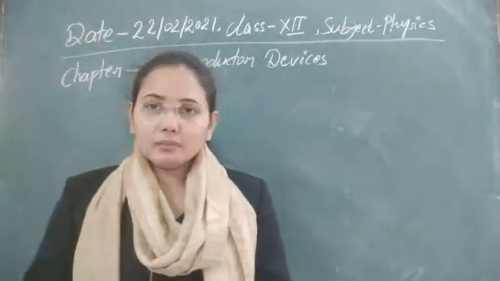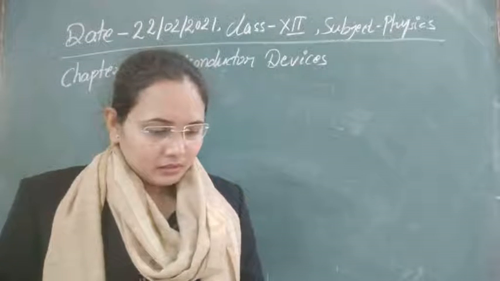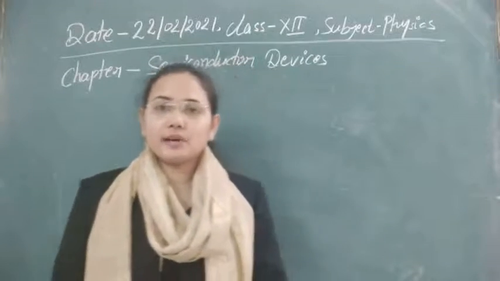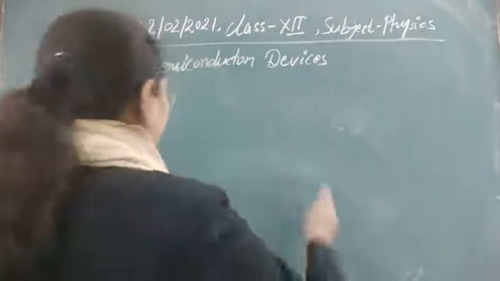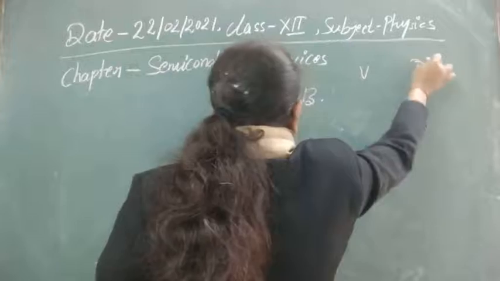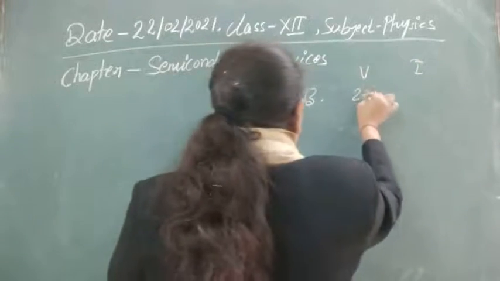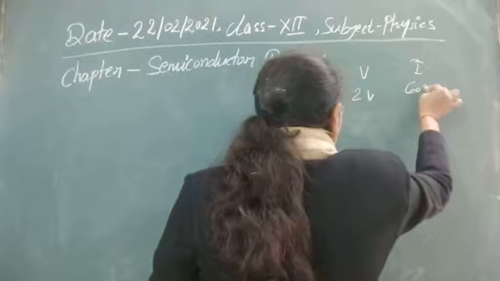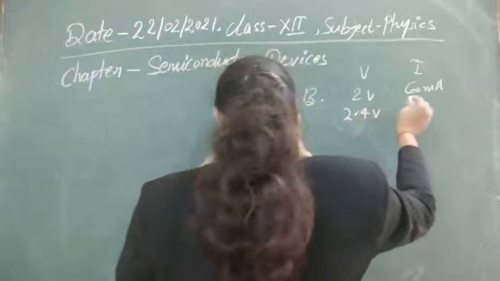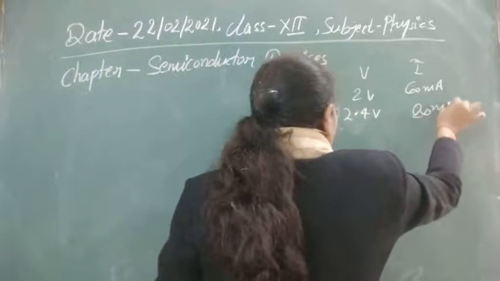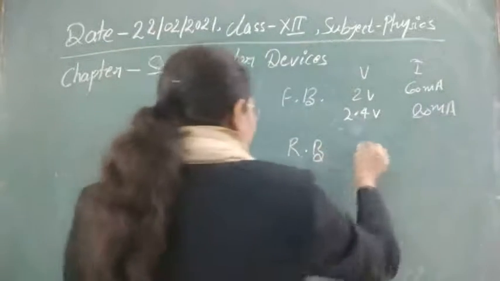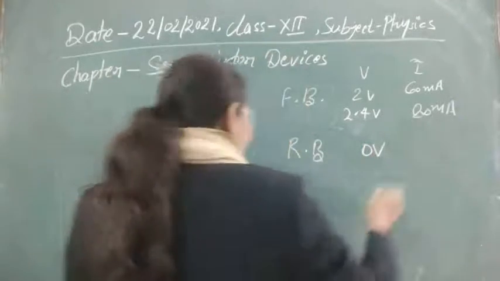So here we have a number of numerical problems. First, a set of values for voltage and current in case of forward and reverse biasing is given. So let's see that first. So here for forward biasing, V and I, two values are given. At 2 volt we are getting current 60 milliampere, and also at 2.4 volt we are getting current that is 80 milliampere. And also in reverse biasing, the chart is given, that is at 0 volt we are getting 0 microampere,